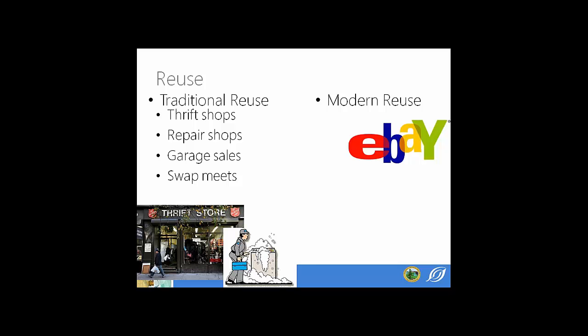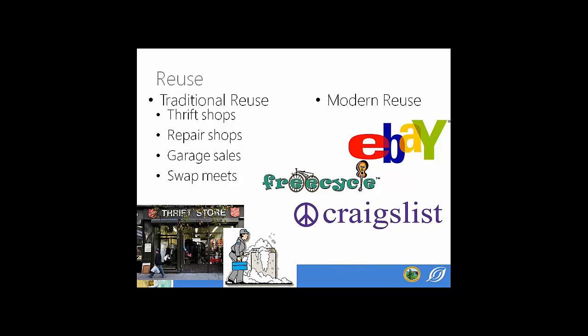And then today, some new forms. Well, eBay is one of the largest companies in the world, and it's primarily focused on reuse. What a great way to exchange. FreeCycle, Craigslist, and then even interesting ideas like Street Bank, and I know they go by other names, where neighbors can share larger purchases. So maybe everybody doesn't need a lawnmower because you only use it once a week, so you invest in things like that together and share it. So lots of really neat ideas about reuse, and creative reuse is another one. We see that a lot in nonprofits and schools now, taking on creative reuse where old materials are used for